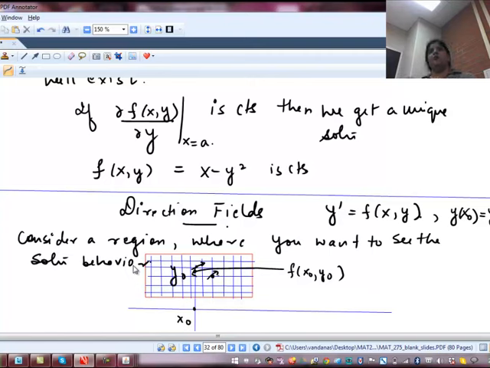We don't want to draw a line at every point. We don't want to compute the slope at every point. It is computationally very expensive, computing f at every point in the grid. So what we want to do, what we should do, or what we can do,